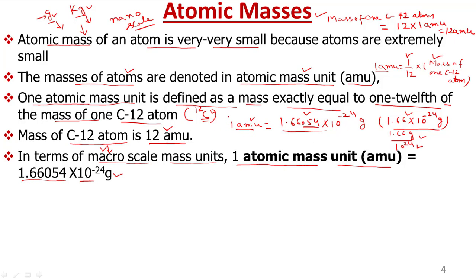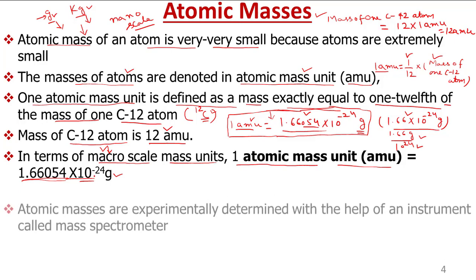This is an equivalence statement. Like in our previous lecture on dimensional analysis, whenever we have to convert units from one system to another, we need an equivalence relation between them. So this is the equivalence relation between AMU and gram, and with its help we can interconvert AMU to gram or gram to AMU. I will explain this in my next slide when we do some simple numericals. So far you have to remember that 1 AMU is equal to 1.66054 into 10 raised to the power minus 24 grams. This value is very important.